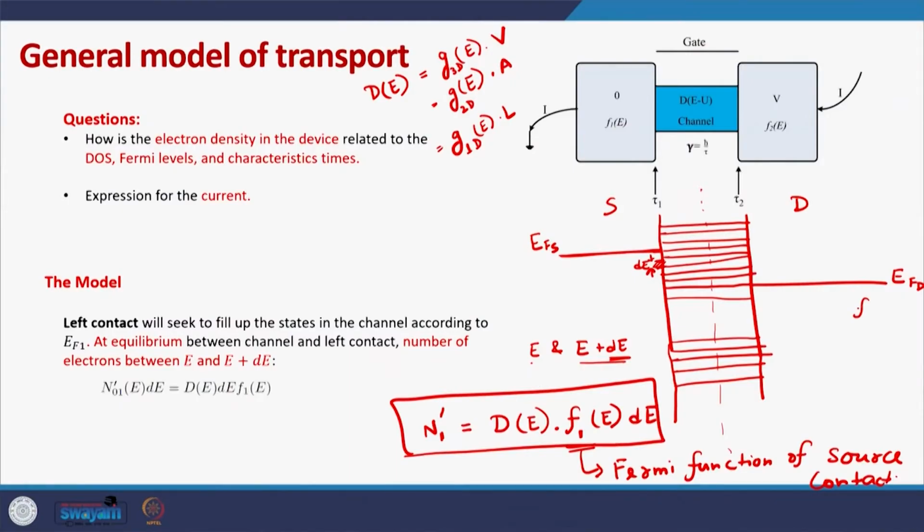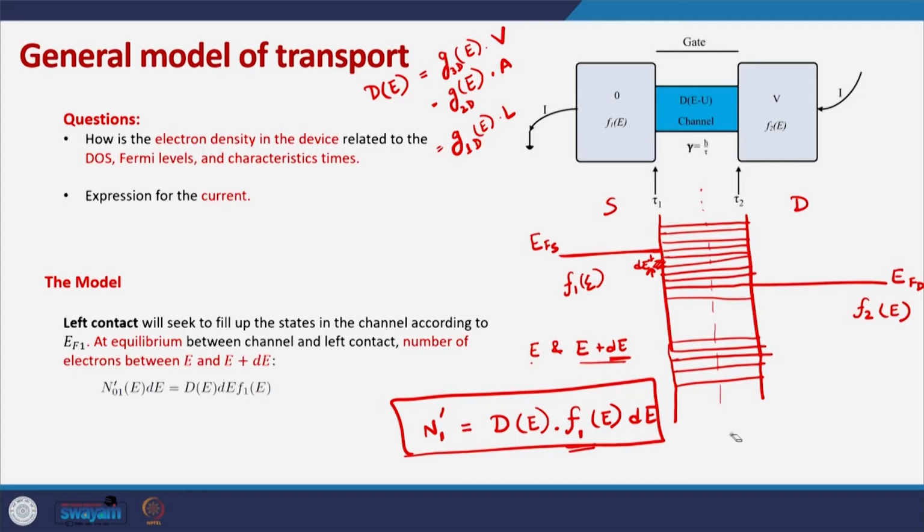If the Fermi function of the drain is F2(E) and the Fermi function of the source is F1(E), then in equilibrium when the channel is only connected to the drain contact, let us say the number of electrons in the channel is N2 prime, and that will be the density of states of electrons in the channel times the Fermi function of the drain times the energy range dE. So, N1 prime